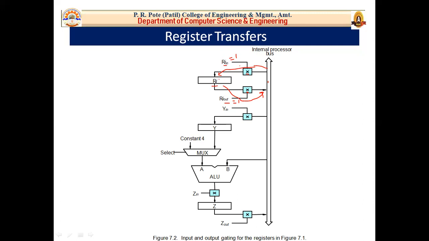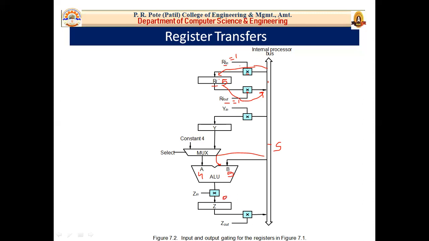So let's consider your arithmetic and logic unit has one input from the processor bus. For example, this A input has 4. The multiplexer selects 4. This 4 is given to the arithmetic and logic unit, and this register holds 5. Now when this output signal is set to 1, we can load this 5 onto the processor bus. Now on this processor bus, there is a value 5. This 5 is given to the arithmetic and logic unit B input. So 4 plus 5, 9.